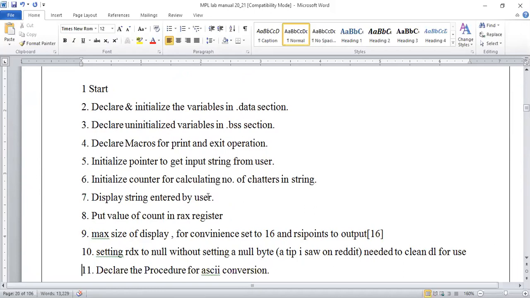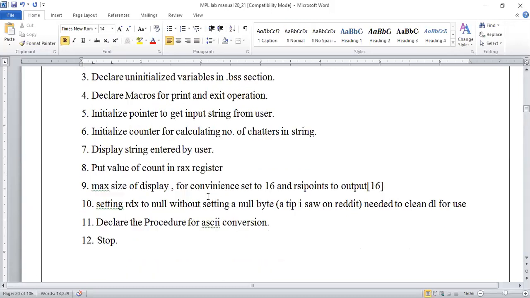The algorithm starts by declaring and initializing the array, and the macro which will be initialized for displaying the string from the user, with its maximum size, and then displaying it to the output window. Here a hex to ASCII conversion will be required only at the time of the final output that you are going to show, so that is referred to as the last procedure.